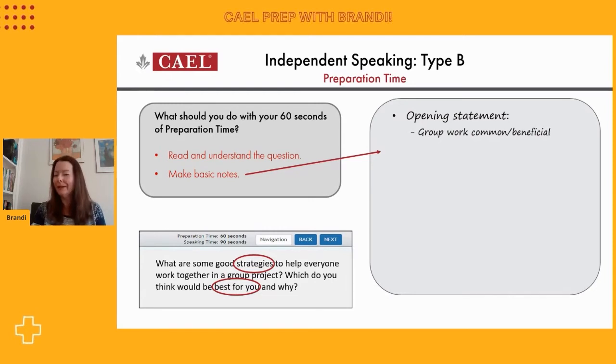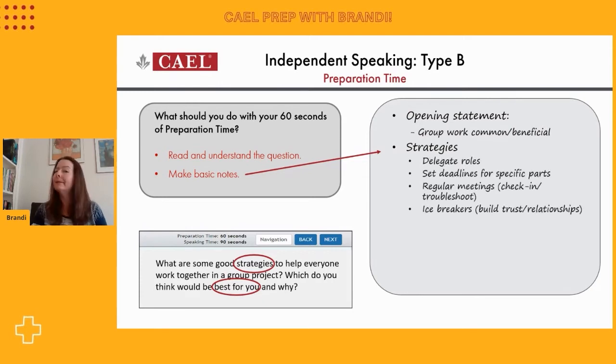You don't want to spend a lot of time just on that one statement because you want to get right into the strategies. This is the answer to the first question here on the test. So again, for a 90-second question, I would recommend you try to come up with at least 3 strategies. If you can think of more, that's great. Write them down for now. But a minimum of 3 would be helpful for this particular question, I would recommend. So here you can see that there are 4 strategies listed. So the first one talks about delegating roles. This just means that you would assign every member of the group a particular responsibility so that everybody has a